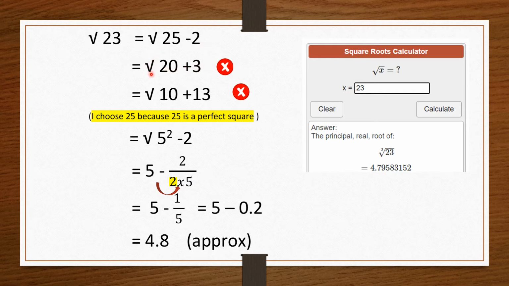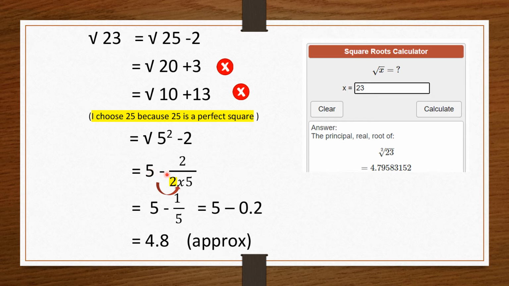And here again 23 is equal to 20 plus 3 and 23 is equal to 10 plus 13. But we are not going to choose these two combinations because 20 and 10 are not perfect squares. So let us proceed with 25 minus 2. Square root of 25 minus 2. 25 can be written as 5 square. So square root of 5 square minus 2, and this is square root of, I am writing this 5 as it is,